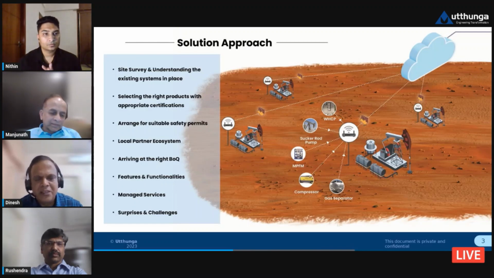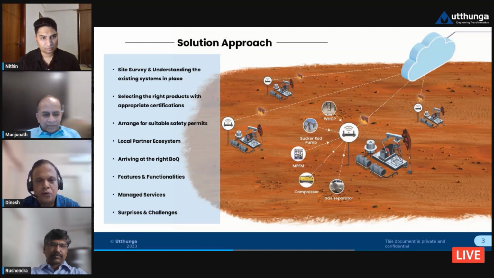And then since these devices get spread all over the well, they required a solution to manage these edges remotely. So as part of the solution, we had to plan for the edge device management software, which took care of managing these devices in terms of their updates and any refreshes which are required. So now this had created the base infrastructure for us to collect the data,